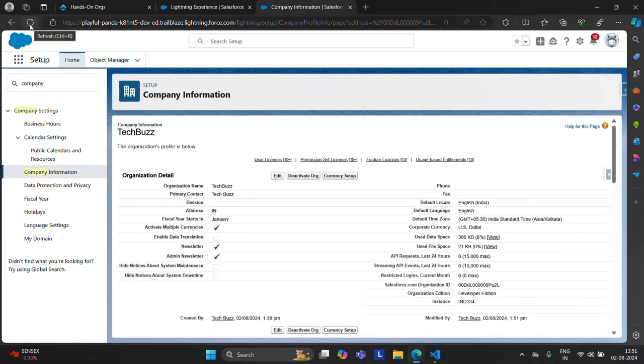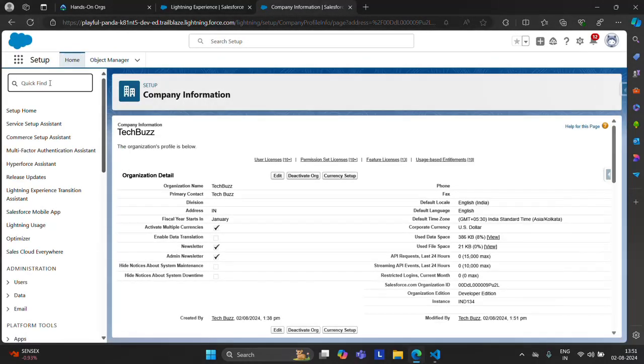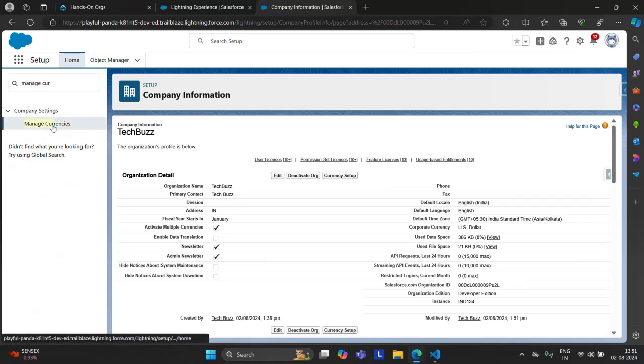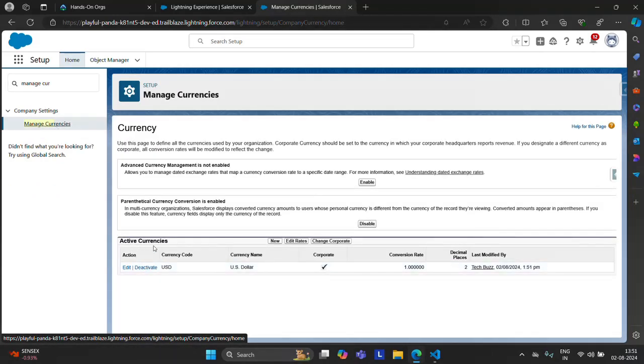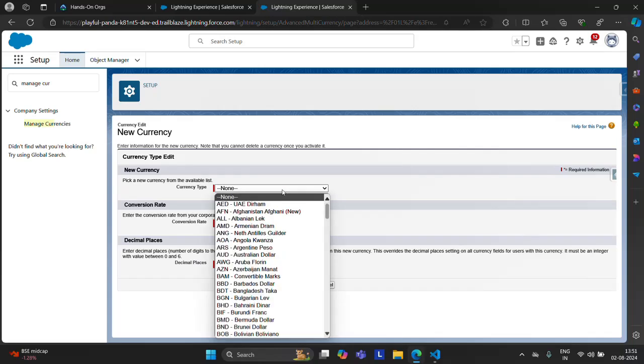Just refresh the page, otherwise you are not able to find manage currencies in the home. So I will refresh it and then search here for manage currencies. Currently you can see the active currency is only one, which is corporate. I will first create two more currencies. One is British pound.